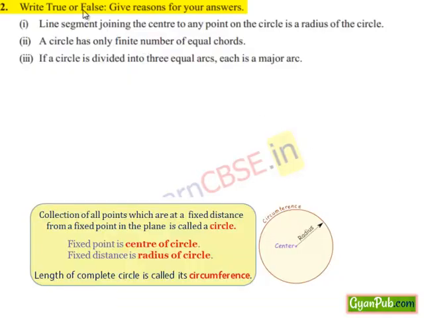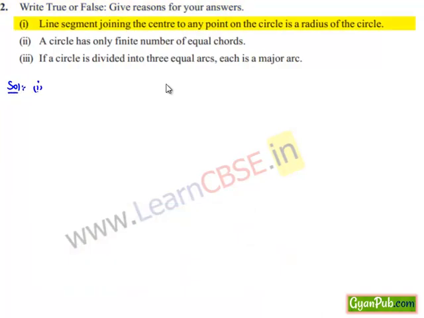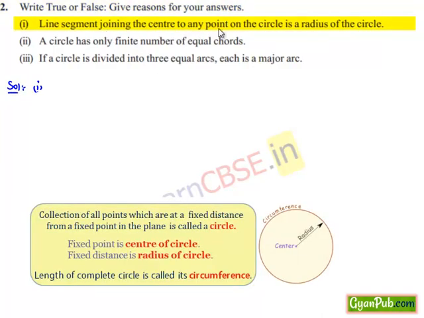Moving on to the second question. Write true or false, give reasons for your answers. Now moving on to the solution for the first bit. The line segment joining the center to any point on the circle is called the radius of the circle. That is true,